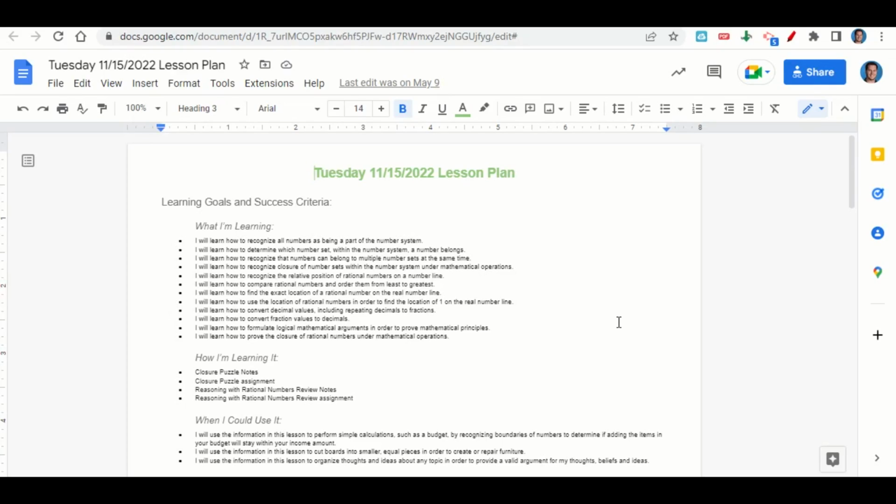First, what are we learning? We're learning how to recognize all numbers as being part of the number system, to determine which number set within the number system a number belongs, to recognize that numbers can belong to multiple number sets at the same time, to recognize closure of number sets within the number system under mathematical operations, to recognize the relative position of rational numbers on a number line, to compare rational numbers and order them from least to greatest, to find the exact